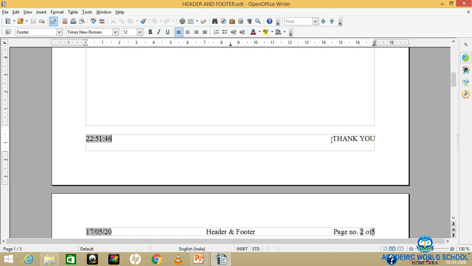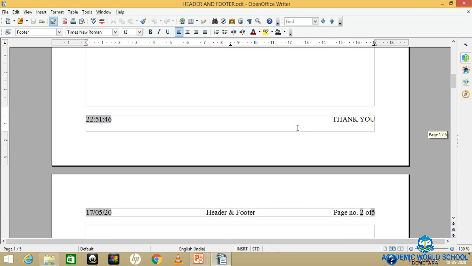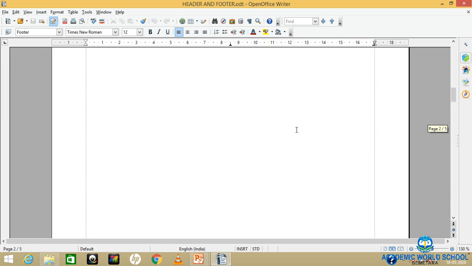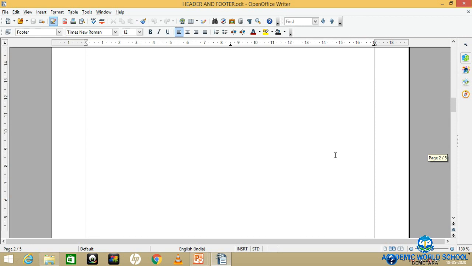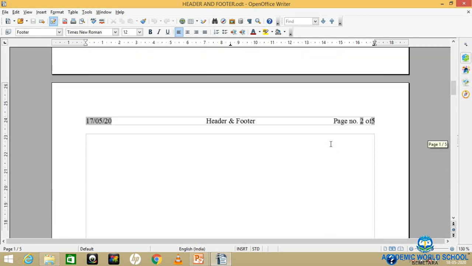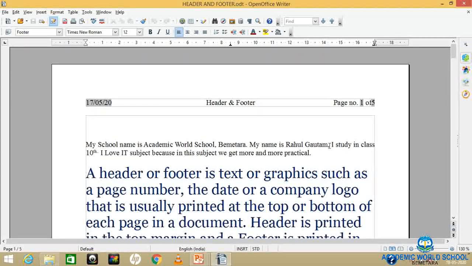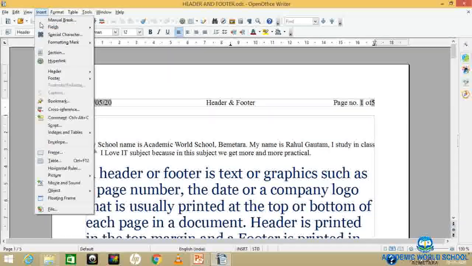For that, you have to go to the insert tab, and in the insert tab you will find a header option and a footer option. You have to just select this header and footer. I have taken two different pages, that's why it is showing here default and envelope. Default means when you apply this default, it will be applicable in all pages. Whatever detail you keep in the first page will appear on all the pages.